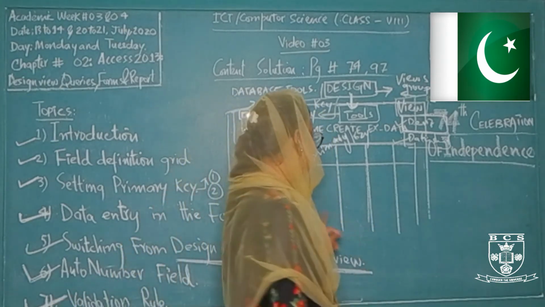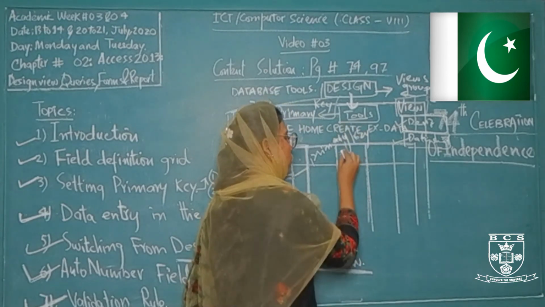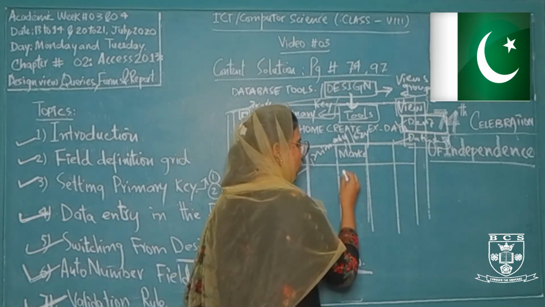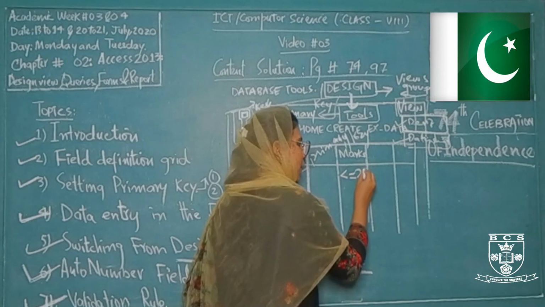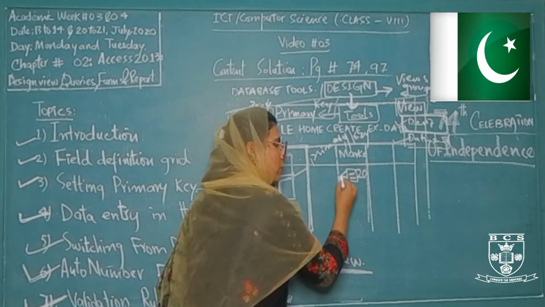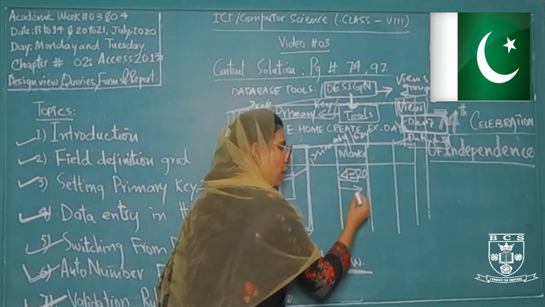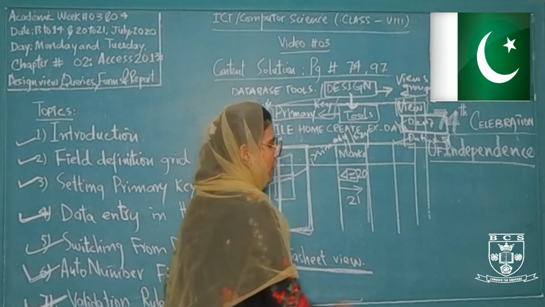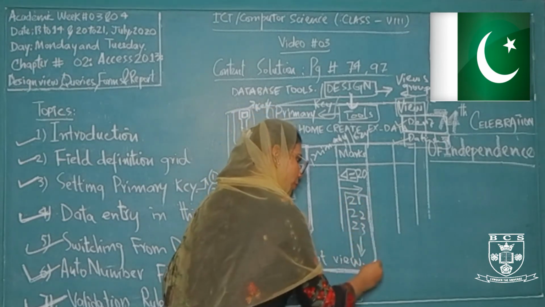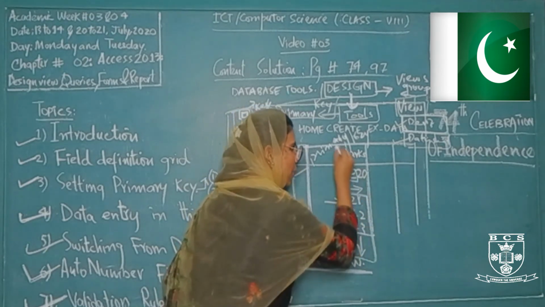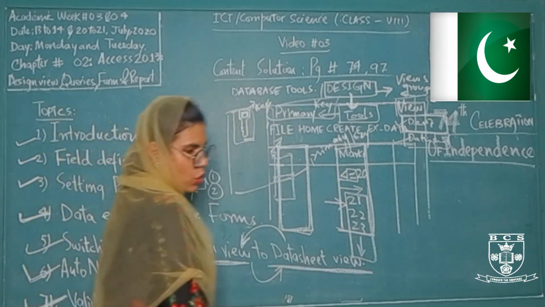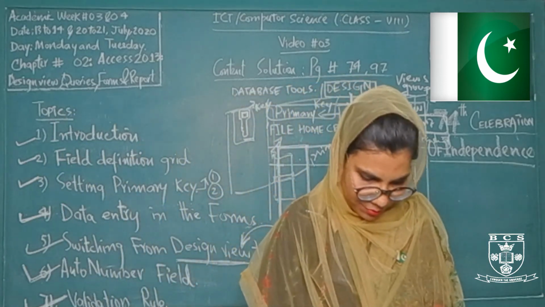For example, in this column, which is my column for marks, if I have mentioned a validation rule here that is less than or equal to 20, it means all the numbers that are less than 20 and equal to 20, only these values can be entered in this field. If I have any other number that is greater than 20, like 21, 22, 23 or any other number, these numbers cannot be entered in this field, because this field has a limit of less than or equal to 20. So a validation rule is used to make our field limited.